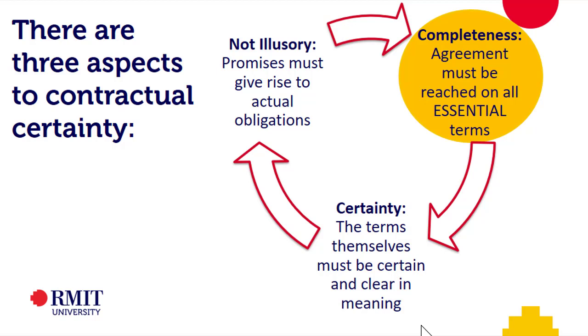Turns out that you're particularly interested in chocolate wrappers. The rest of us don't need to know that. We really don't need to know that. That's your particular interest, but we still use an objective test. Well, why would we use an objective test on that basis? So, in order to work out whether a term is essential or not, we're going to use an objective test. So why would we use that?